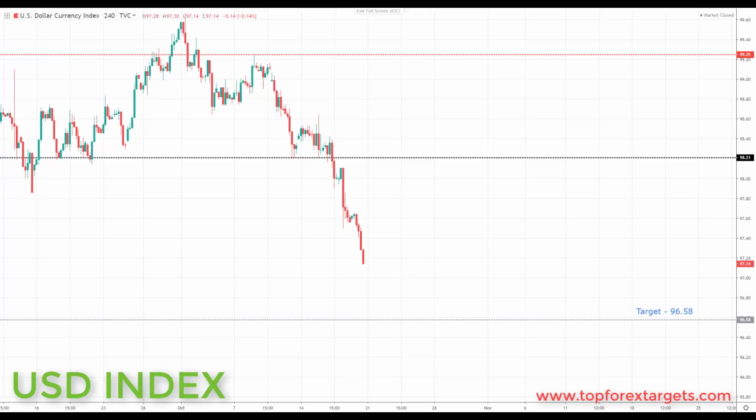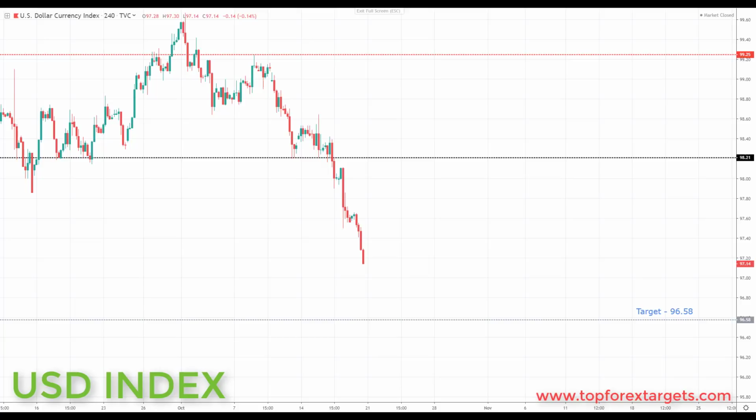So the markets may get quite volatile next week. This brings with it risk and opportunity, but just keep your risk sensible next week when trading these pairs, and also keep an eye out for these events as they unfold. So with that said, let's take a look at the US dollar index.